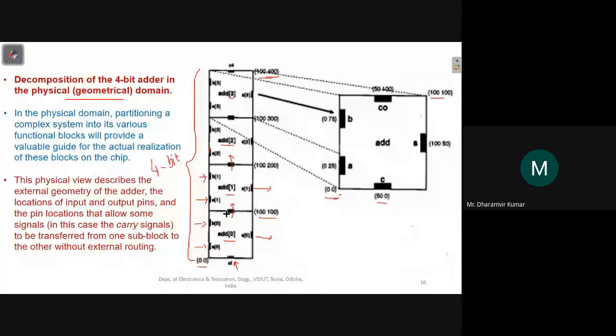This is placed here to save space, area. So there's no need of an external wire that will connect the carry out of this adder into the carry in of this adder, because this is required here, so it can be placed here just at a point. Okay, so this is the thing.